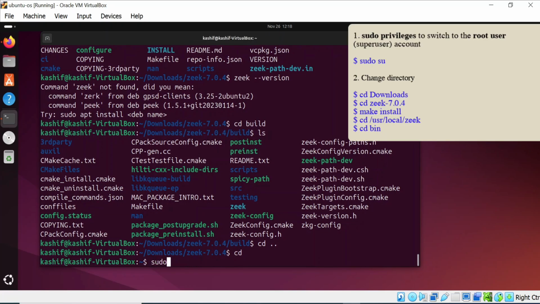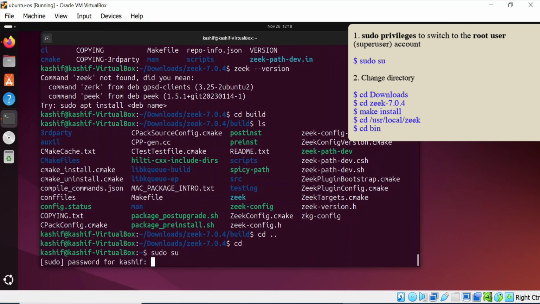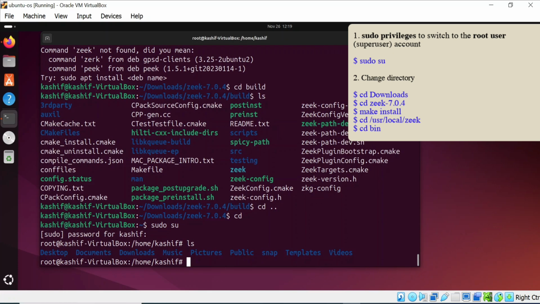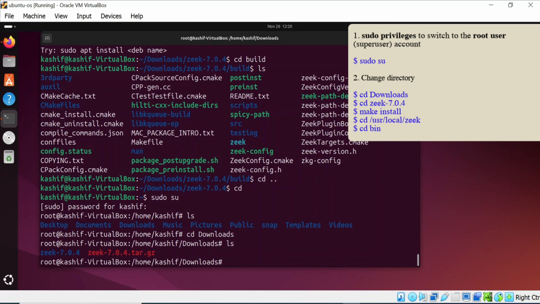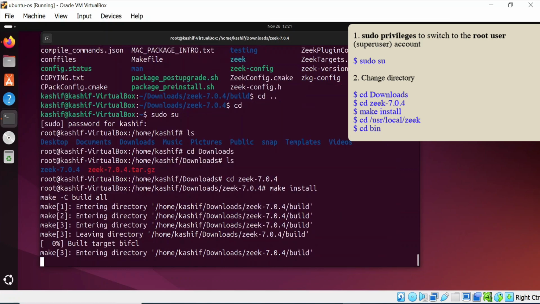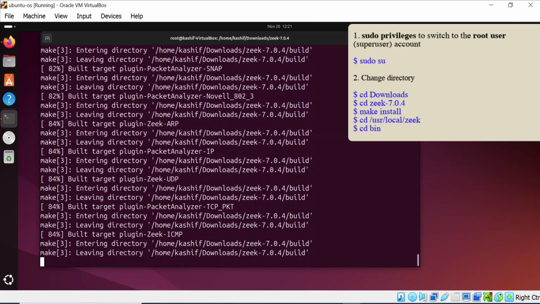Exit from the directories, and you can use sudo su to switch to the root user. Change the directory and use make install command.